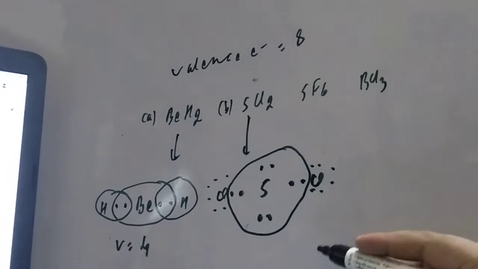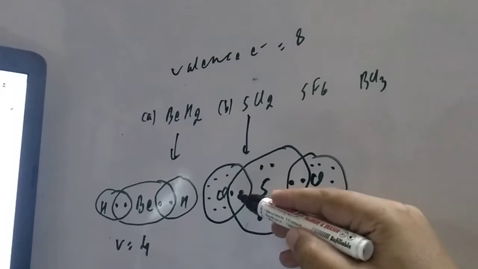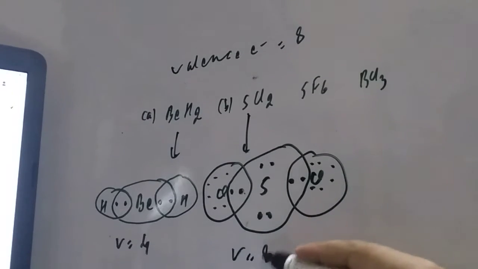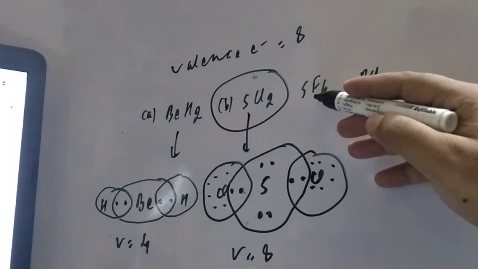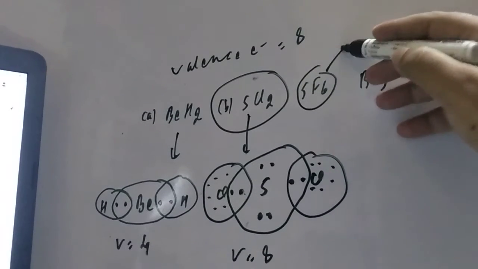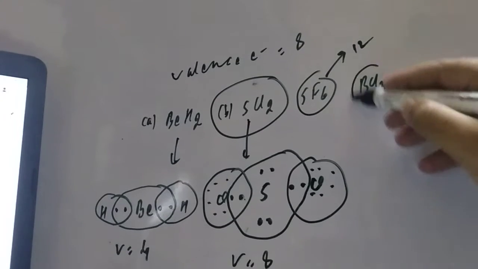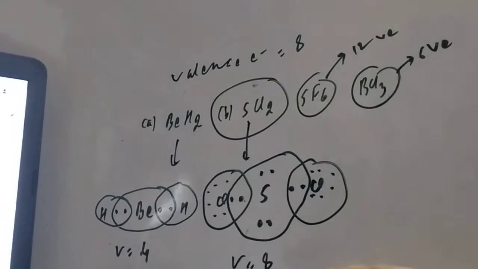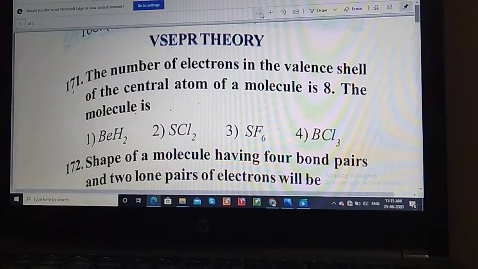So you see the total number of valence electrons if you add for the sulfur, student. How many valence electrons are there, student? Here is 1 2 3 4 5 6 7 8. So valence electron is 8. So your correct answer is option B. So we are not going for SF6. If you talk about SF6, student, that is 12 valence electrons. And if you talk about BCl3, here are 6 valence electrons. So no need to do more, student. Now we got our answer. Our answer is option number 2. So you can check in the slides also. SCl2 is our correct answer.